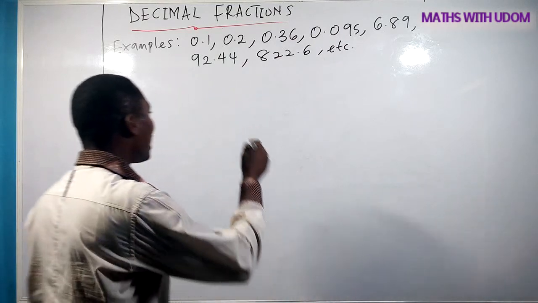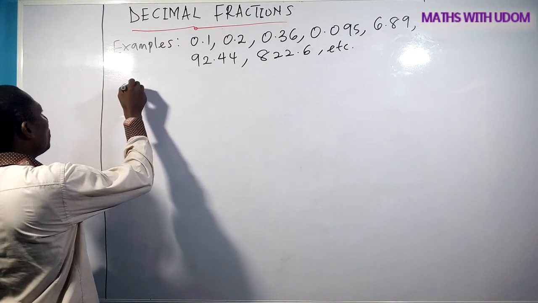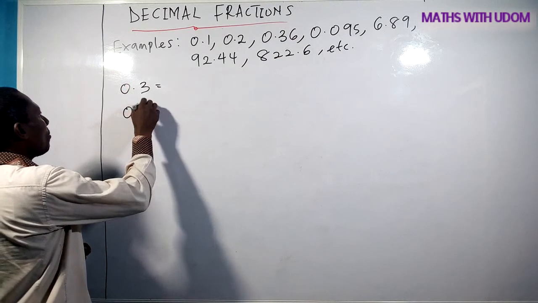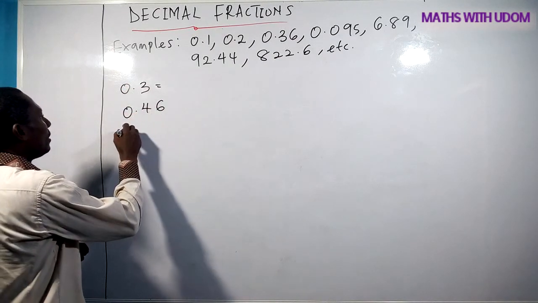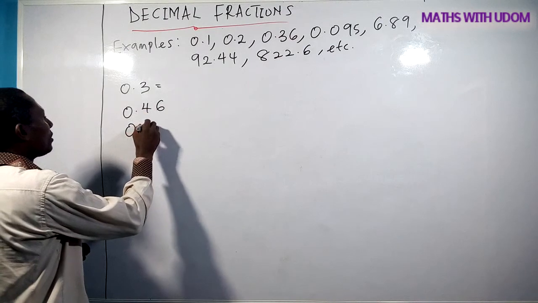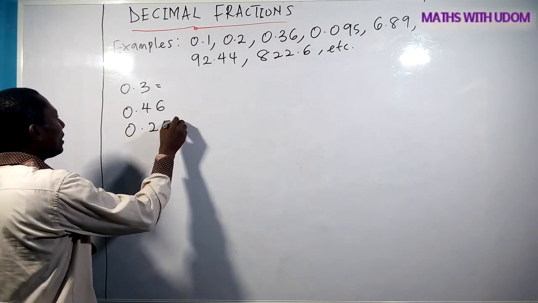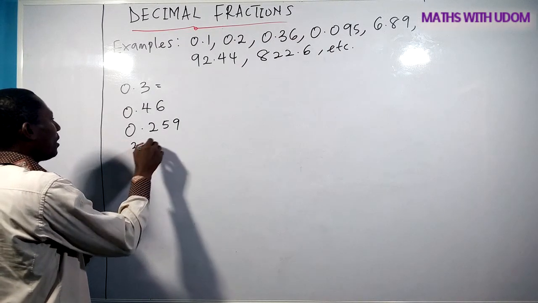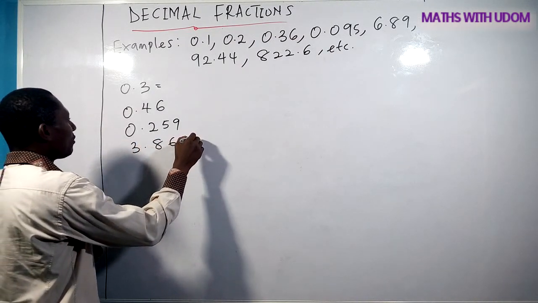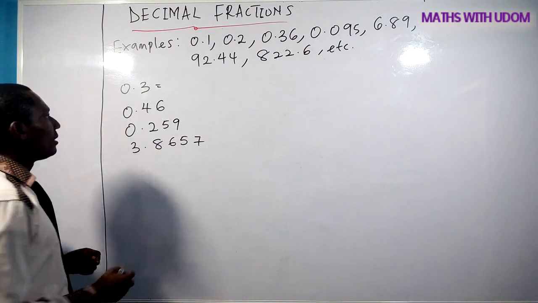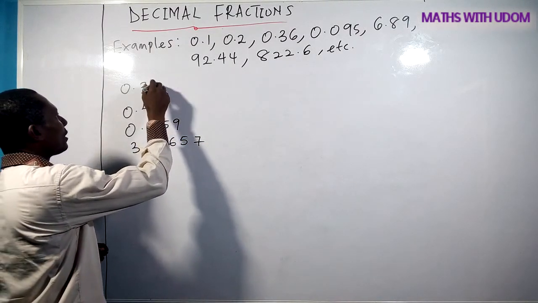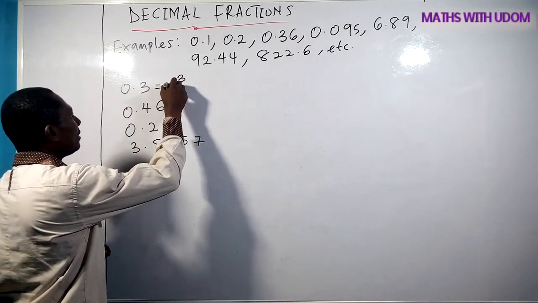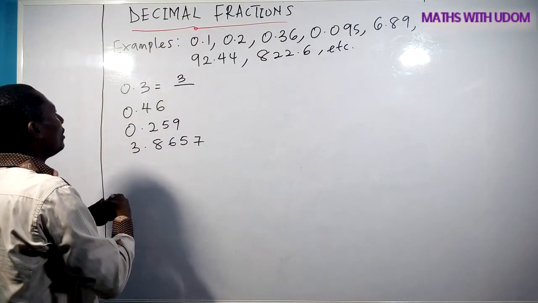For instance, if you have 0.3, if you have 0.46, let's have another number, 0.259. Let's have another number, let's say 3.8657. Now, if you look at this number, 0.3, I can rewrite this to become 3 divided by, now, from